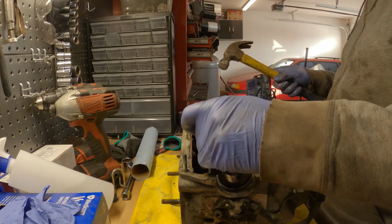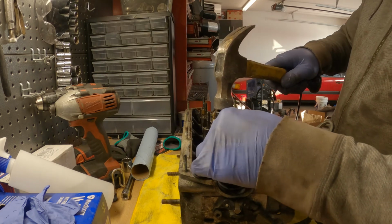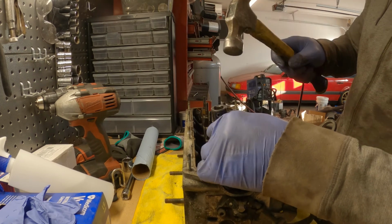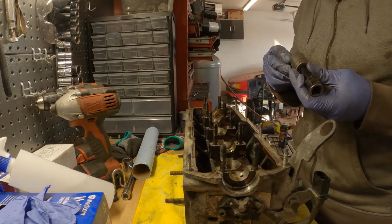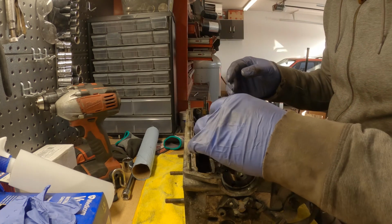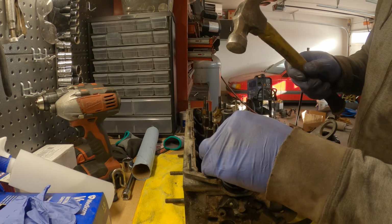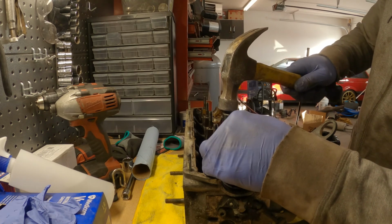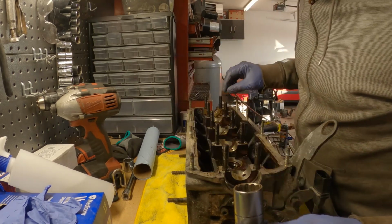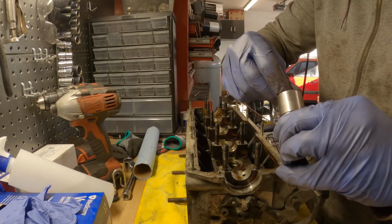Try to avoid hitting my hand. Quite like my fingers. This one likes where it's sitting. Sometimes, because I only have one little piece of a magnet, which is sort of typical for me and my tools and preparedness. But if you had a bigger magnet, I think this would probably go faster. But there we go. So there's the retainer, and